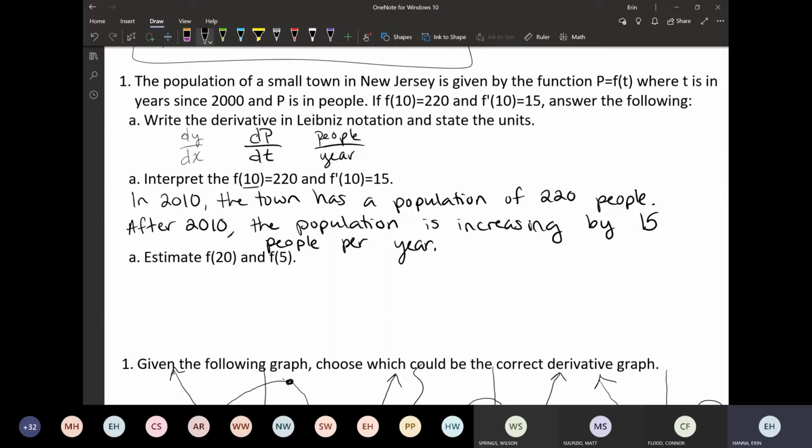If you went the step way, it would have been something like after 2010, for each additional year, the population increases by 15 people. So remember, one of the main differences between the two is kind of the units that you tack onto the 15. One of them, since it's written as a rate,